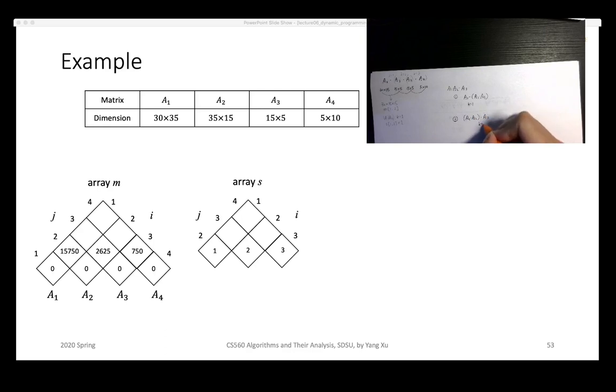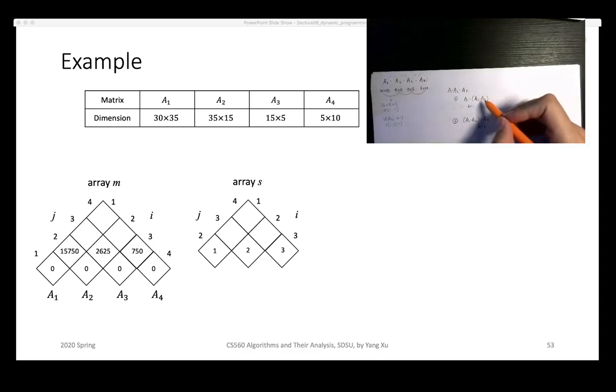So K is 2. These two options will result in different numbers of scalar multiplications needed. Okay, so